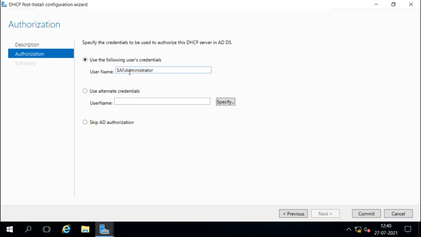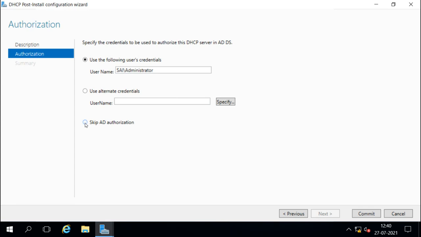I can do this with this credential. If you are logged in with another user account and you want to do this, then you can specify the user account here, which you want to use to authorize this DHCP server. If you don't want to authorize it, you can skip the authorization.